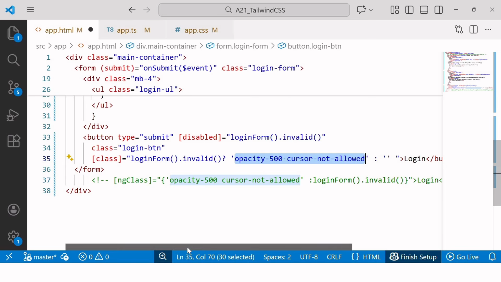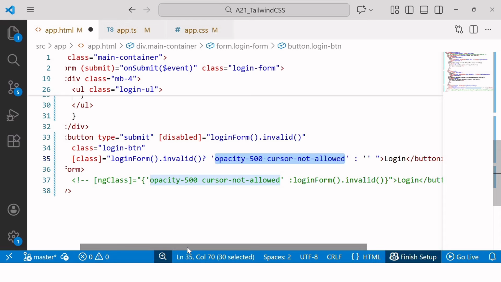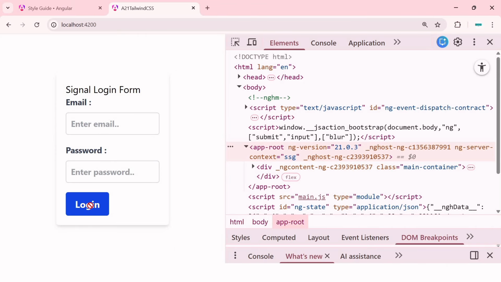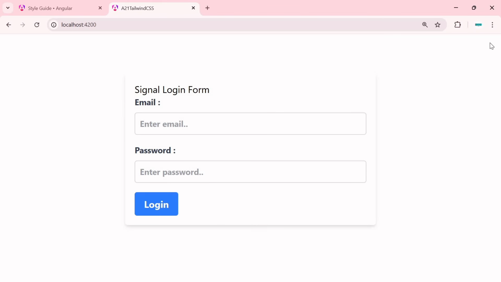So here we used the conditional operator to conditionally apply classes. But for more complex scenarios, the ngClass directive is often more suitable. So now let's test this. And the cursor turns to red circle with 50% opacity. So now, if both ngClass and class can achieve the same result, then why does Angular prefer using class over ngClass? And the reason is Angular seems to prefer class due to its advantages in performance, readability, and functionality. So in terms of performance, using class is more performant because it's a built-in Angular feature with less overhead